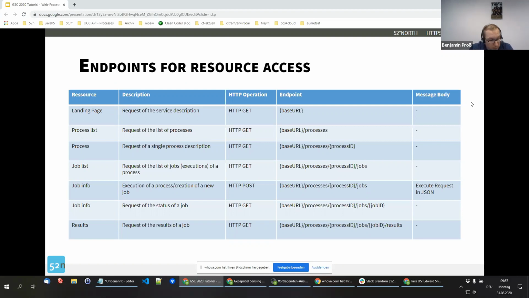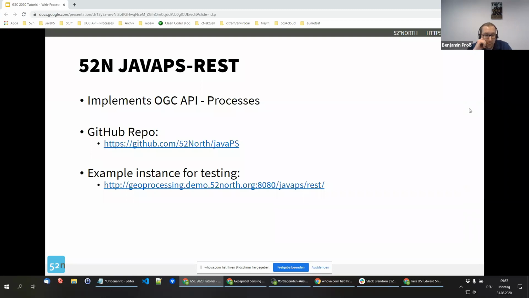So yeah, you can see here that this API more or less really maps to WPS 2.0, but at least we think it's a very lean and straightforward definition of the endpoints. And so we're eager to see what the public has to say about this. Okay, so